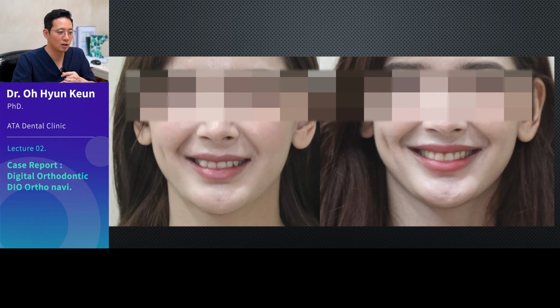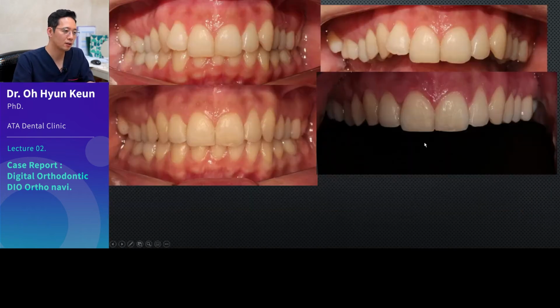So, the first thing we need to consider when we start a partial brace treatment is to focus on the goal of the treatment. Patients generally think this partial brace will fix all their issues, and this can lead to a big problem. And partial braces are for only anterior teeth, so there are some inherent limitations. It's important for the counseling staff as well as the orthodontist to understand that. We need to understand the system and communicate it to the patients well to avoid any arguments after the treatment, and so you can continue to utilize the system to your advantage.